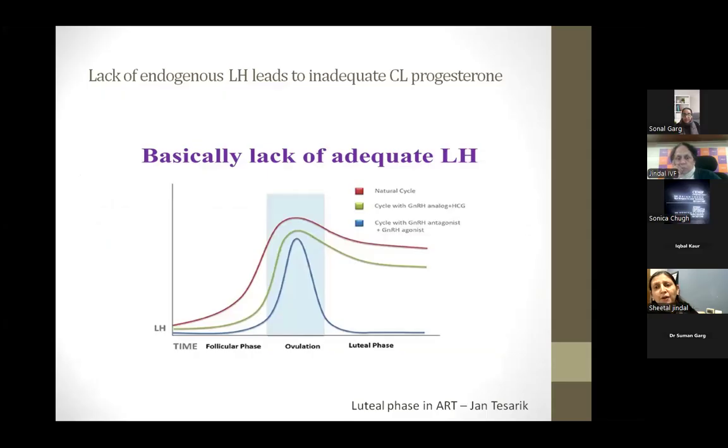So in a nutshell, lack of endogenous LH and the use of unphysiological triggers, this LH as we can see